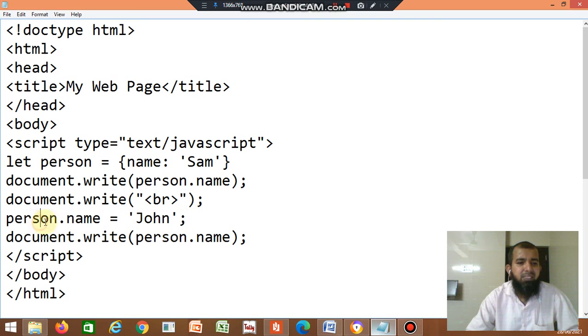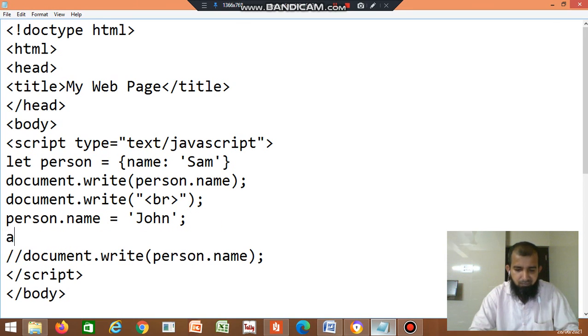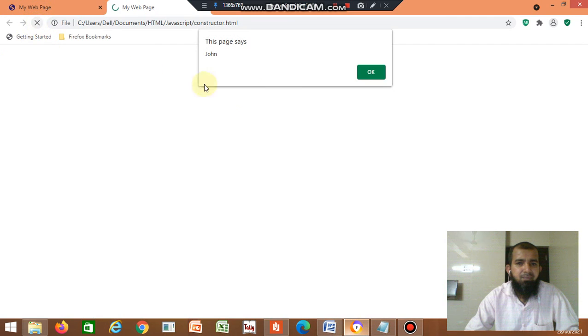Object name dot property name. Or directly you can write alert(person.name). That way also you can write. Just save the file and click refresh. It displays the alert John.